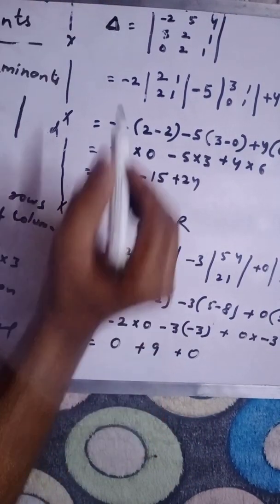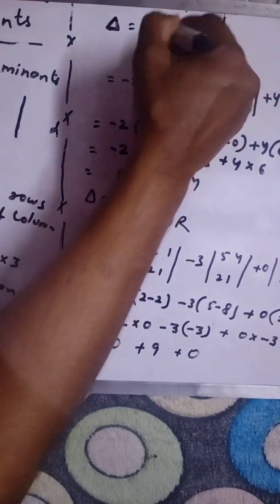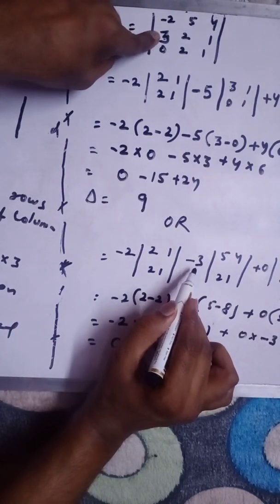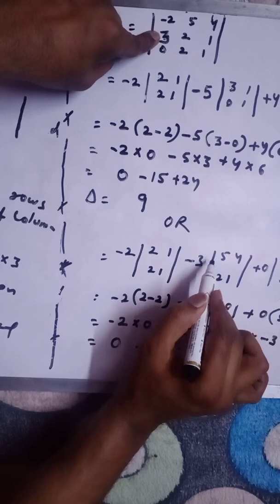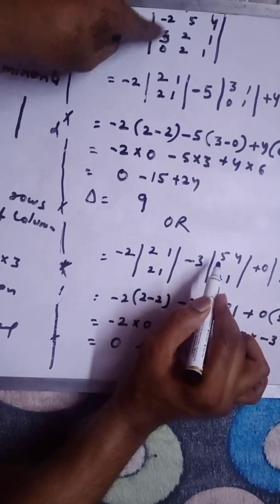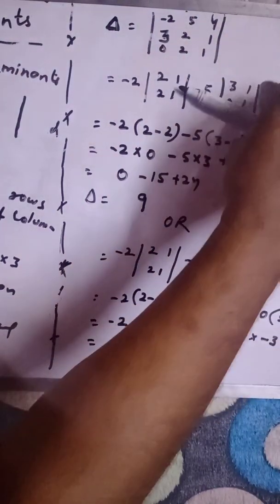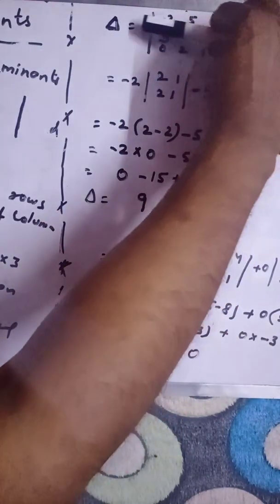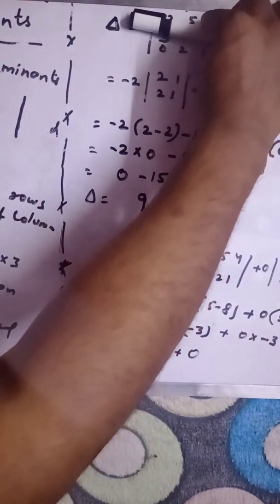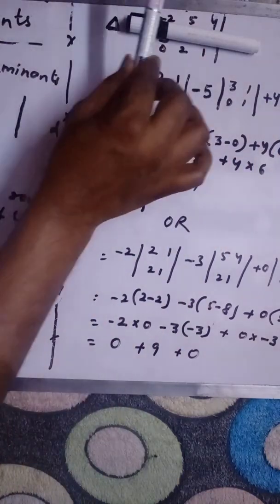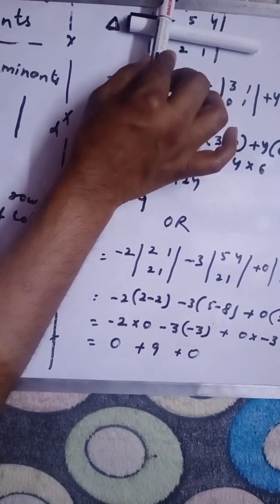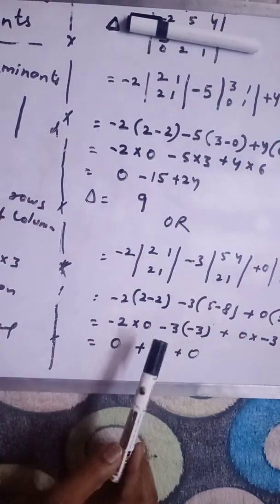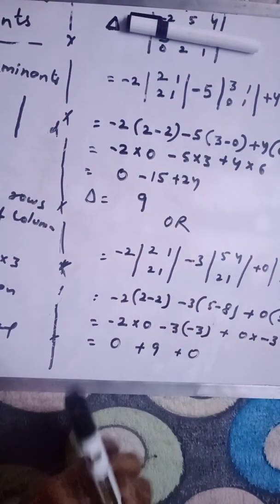And again, if I want to expand this along 3, so this would be minus 3. Fine, so the negative sign will come for the second value, and then you have to see in which row it is coming. It is coming in this row and this column. So the rest of the elements are 5 4 and 2 1. Okay, so here you have to write 5 4 2 1.